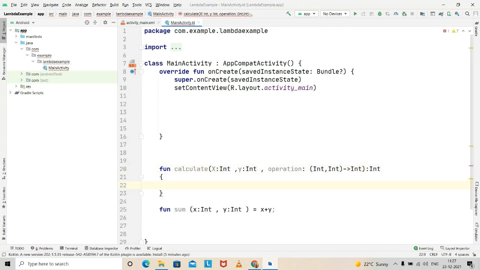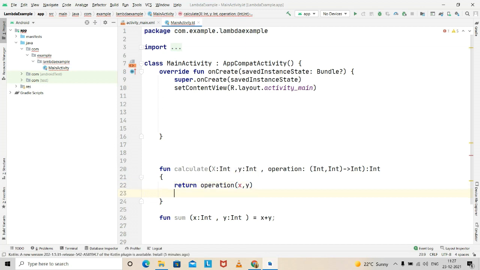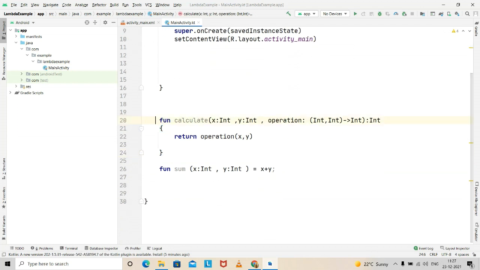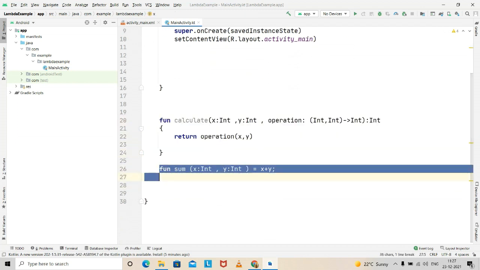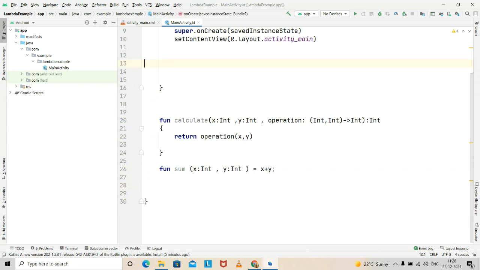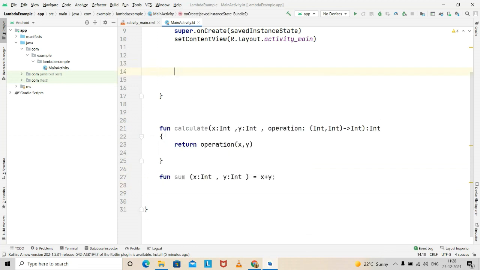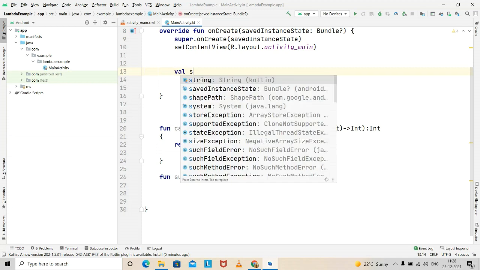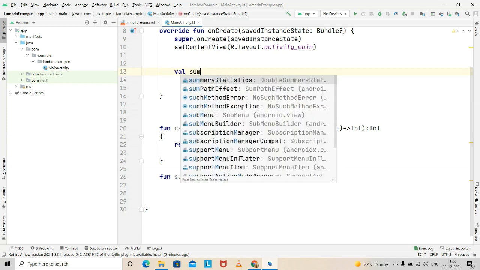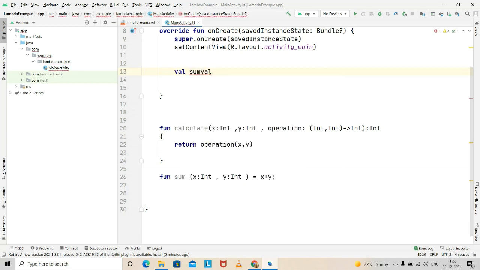And here, if I'm returning that value, I'm just saying return operation, and that operation gets your x comma y. So that's a very easy and interesting topic whenever we work with Kotlin. It makes our programs very easy. Here you can see that these two are the functions, and I want to call that. So how can you call that? You can just say val sum val, and that sum val is your